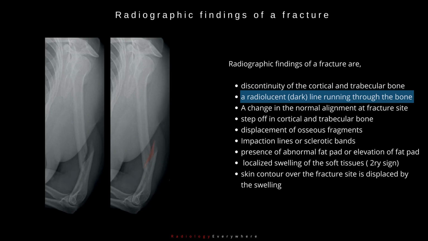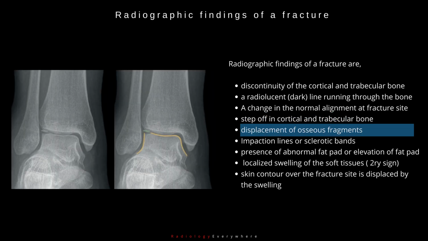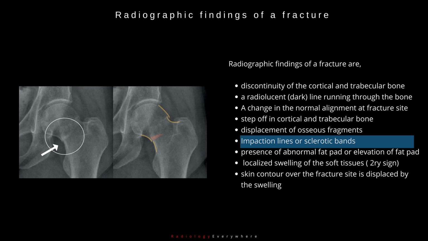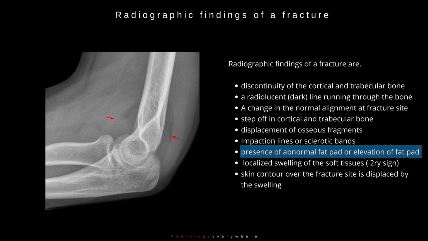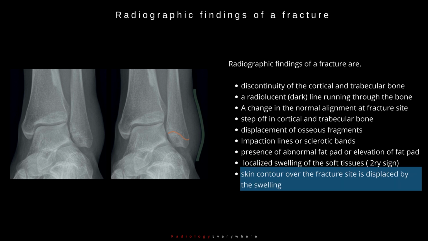through the bone, a change in the normal alignment at the fracture site, step-off in cortical and trabecular bone, displacement of osseous fragments, impaction lines or sclerotic bands due to impaction or overlapping, presence of abnormal fat pad or elevation of a fat pad, localized swelling of the soft tissues, skin contour over the fracture site is displaced by the